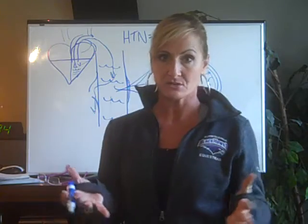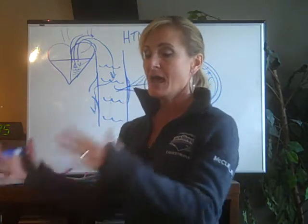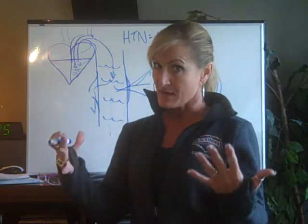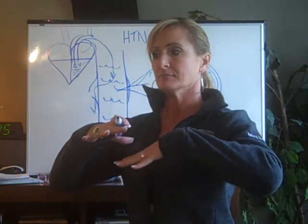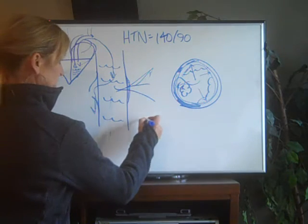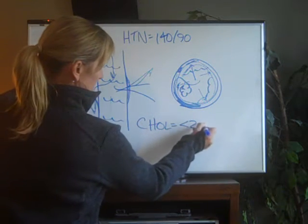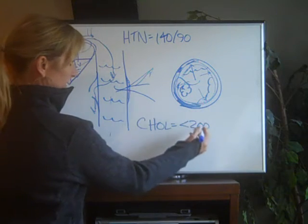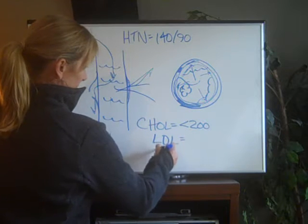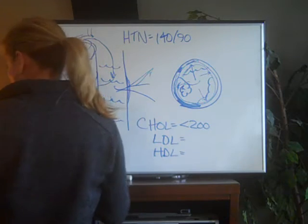And there's two kinds of cholesterol. There's HDL, which is high density lipoproteins, and LDL is low density lipoproteins. You need both of them, but very specific amounts. You want your total cholesterol to be less than 200. And then the breakdown of this, you want your LDL and your HDL, and this ratio is kind of important. And this is in